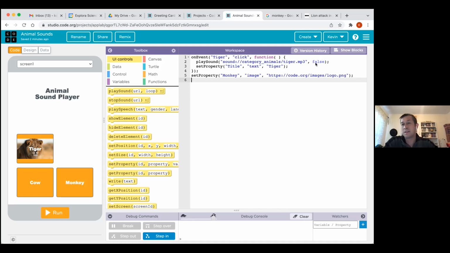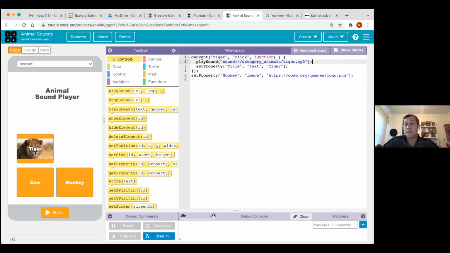That's what the second part is, the false or true. True if you want it to loop, false if you don't. But if you just take this out, so you don't have that second part in there, then it still works as correct code,